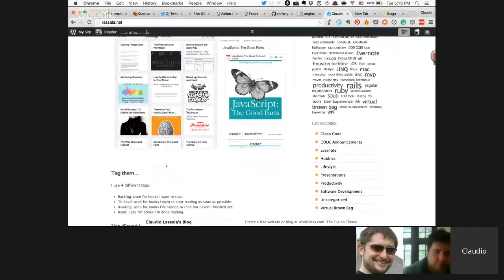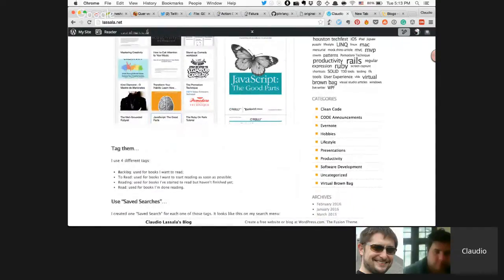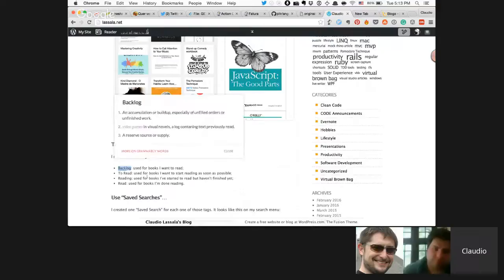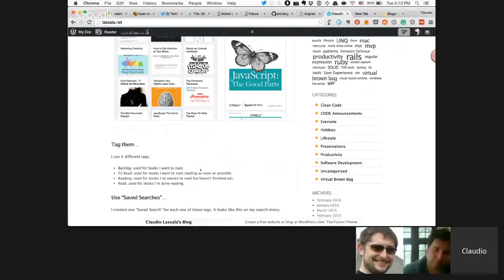And then what I do with these books, I put tags on them, almost like following the Scrum things that we do. So I tag some of them with backlog to indicate the books that I want to read, because there's like, I don't know, 200 books, but not all of them I actually want to really read cover to cover. So I go in, tag them with this backlog tag for the ones that I do want to read